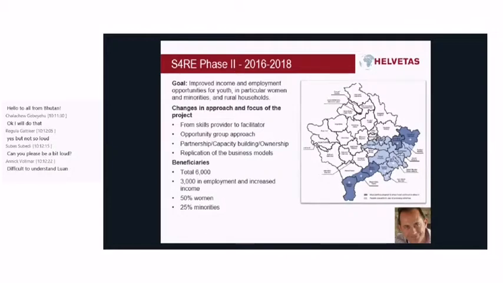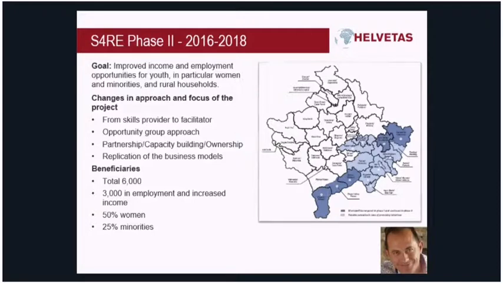Kosovo is one of the smallest countries in the West Balkans, with the youngest population in Europe. Every year, 3,000 young people enter the labor market. The unemployment rate is above 30%. This unemployment rate affects mostly youth, with a representation of 60%, women and minorities. So these are the three groups that are mainly affected by the unemployment issue, which also affects the overall economic growth of Kosovo.